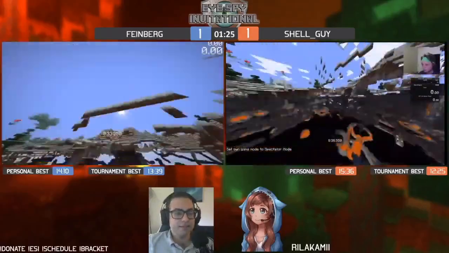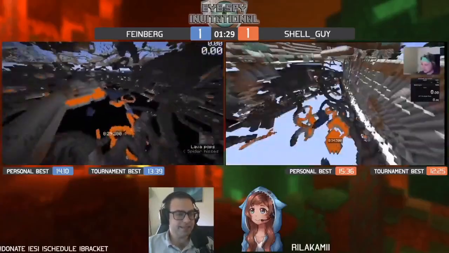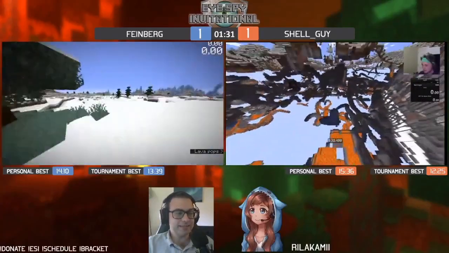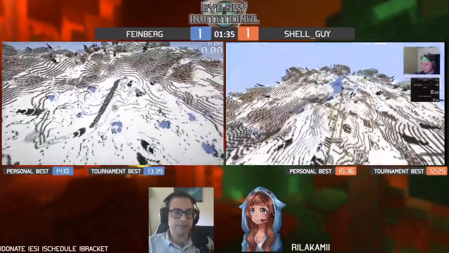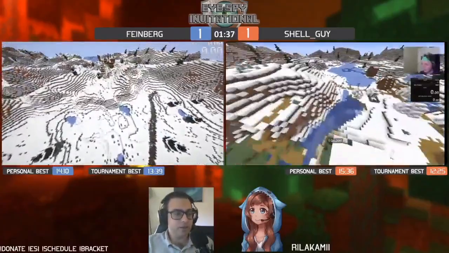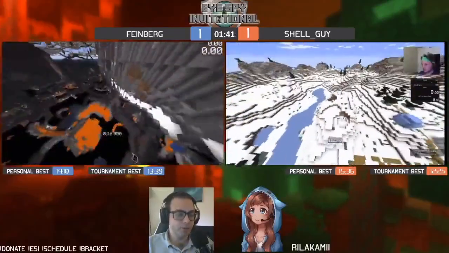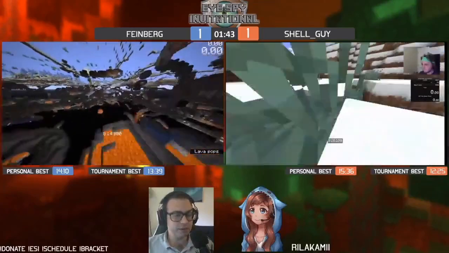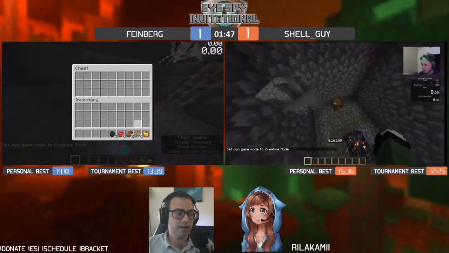All right, so yeah, the runners are off on the seed. It is kind of an igloo seed. Again, I don't really expect anyone to really use the igloo, but there are a couple really nice things in this overworld. There's a village if you want some extra beds and a little bit of food. There is an amazing ruined portal that I believe is completable that has a couple really nice things, that also has some